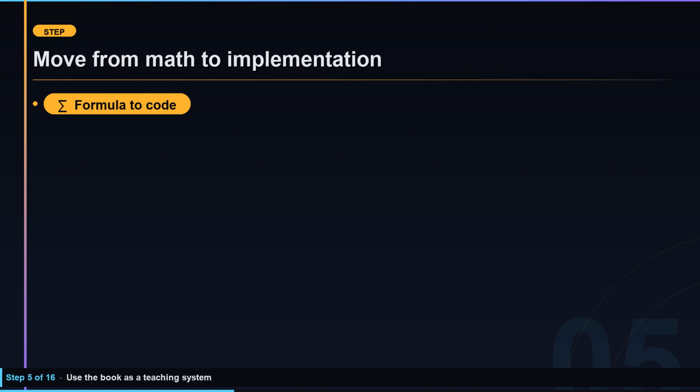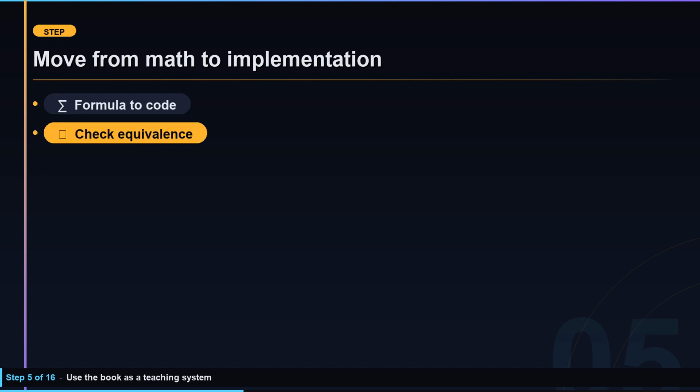But there is a catch most people miss. Most people think the hard part is learning the formula. It is not. The hard part is turning that formula into code that actually behaves the way you expect. That is the gap D2L wants you to close here, not just reading an equation, but seeing how it becomes